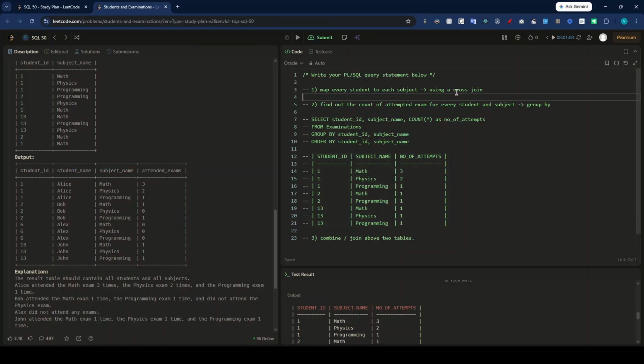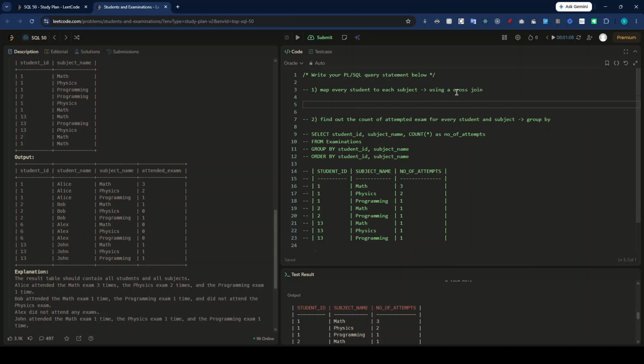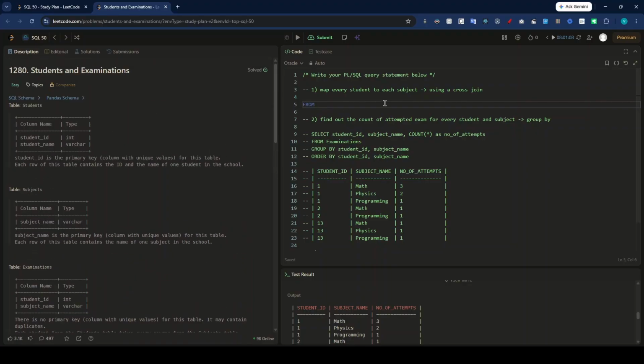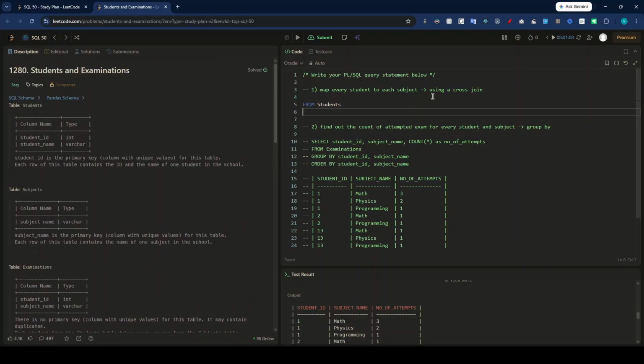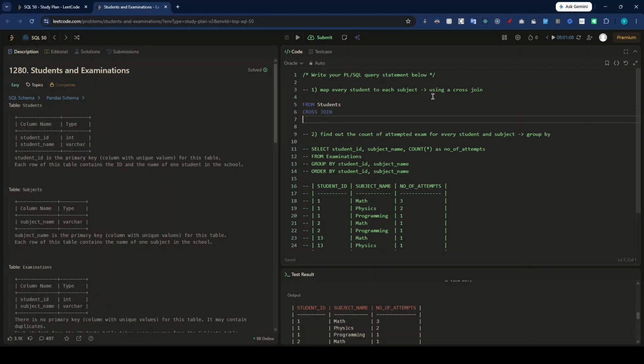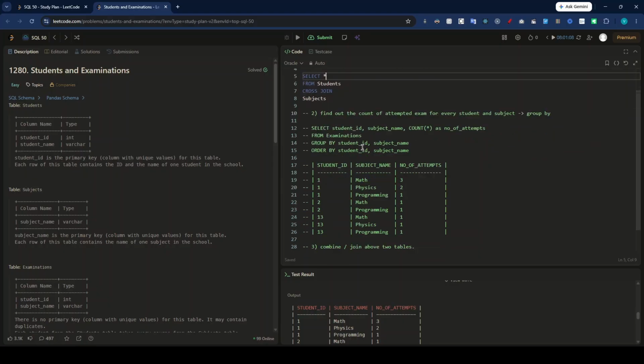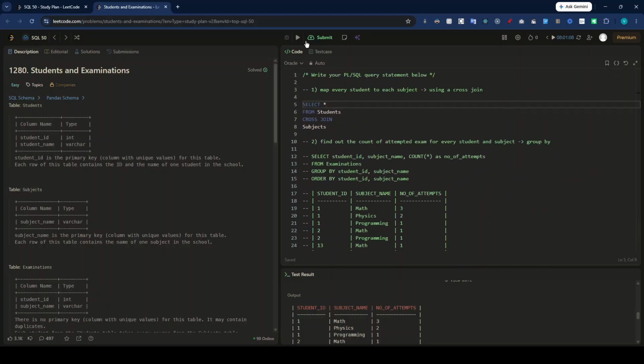So how will we be doing that? We'll be doing that by using a cross join. From students, simple, right? Cross join subjects. All right, so if I do a select star, I hope everything is correct. Yeah, if I do a select star,